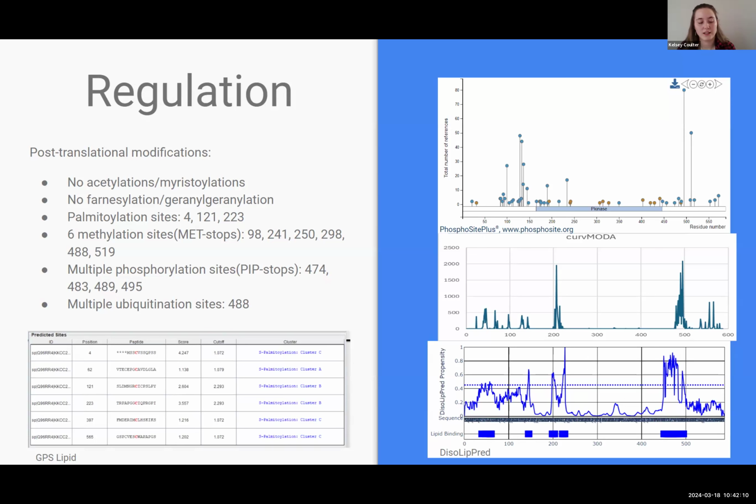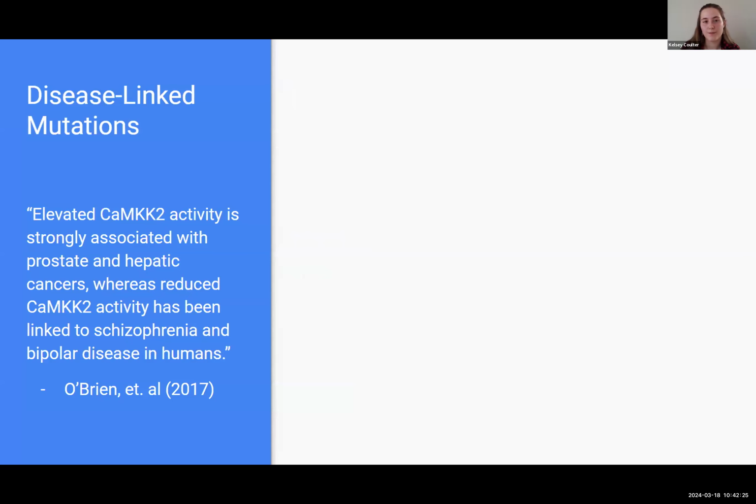and 11 ubiquitination sites. PIP stops and MET stops tend to inhibit binding to phosphoinositides, so these modifications likely inhibit membrane binding, and that would likely affect that large peak on my MODA curve around the 500 mark if it was interacting with the membrane. For my disease-linked mutations, I found a quote from my paper which I think summed it